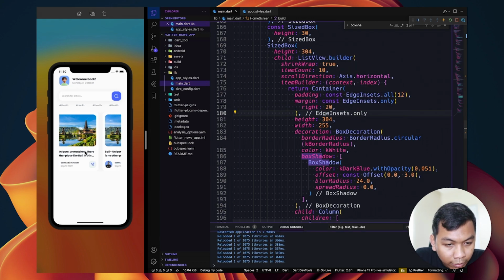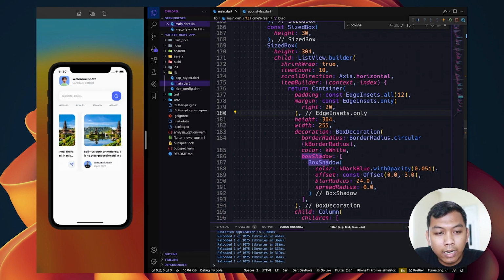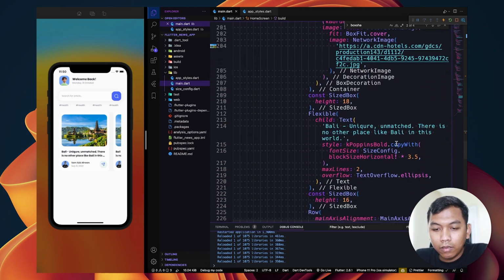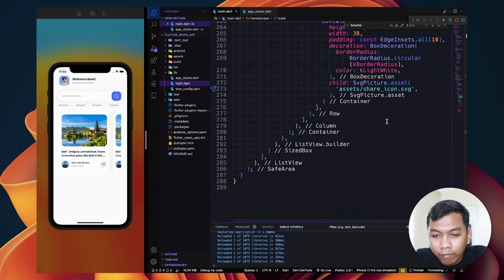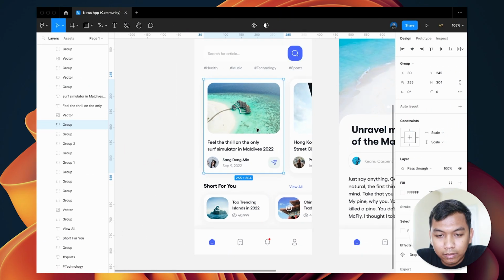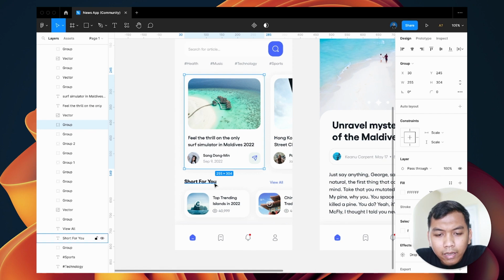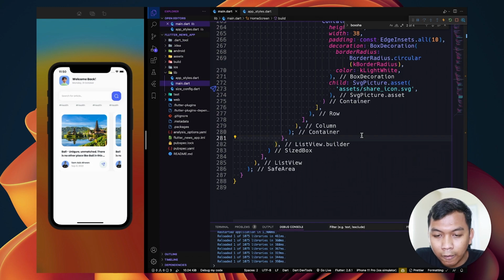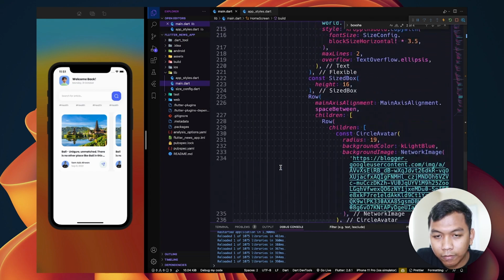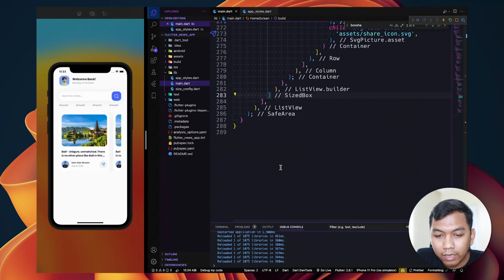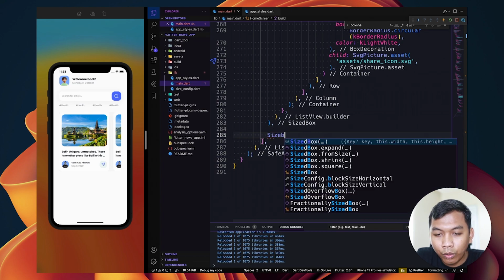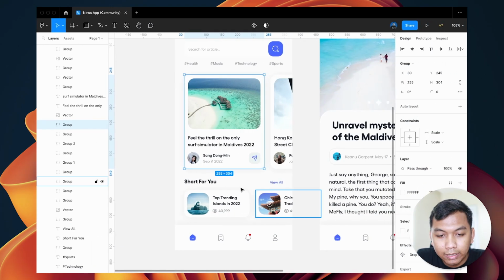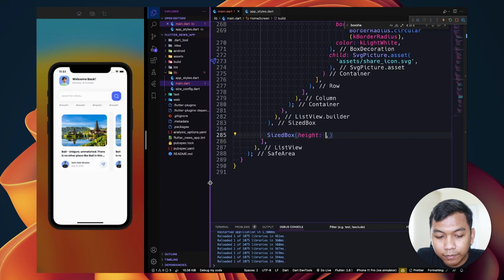Alright, and it will give margin on the right only. Alright, and we will finish the first, which is this, and the next we will have a size box again below our list view .builder, which is this size box. Alright, and below this size box we will have a size box again with the height of 30.